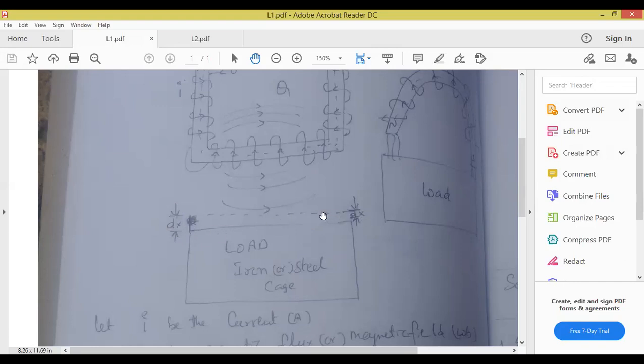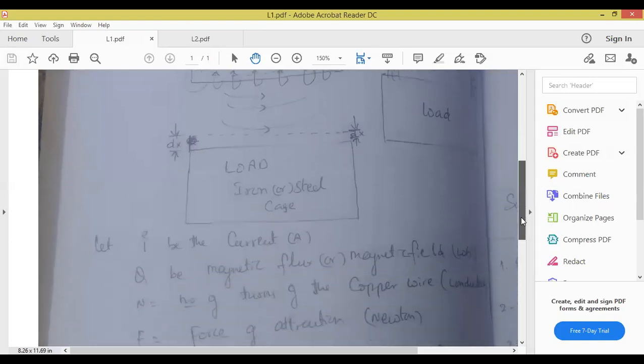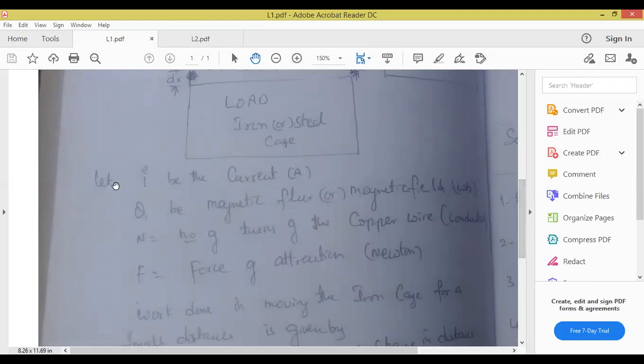This is one vertical line, these are dotted lines. Initially, where is the object present? This is the position of the object. After a certain period of time, the object has moved from this position to the new dotted lines. This is the new position of the object. So the change in position is given by dx. Now, how do we explain this in the examination? As it is, you have to write. What is I? We have to assume this. Why are we supposed to write this word? Let I be the current, which means this is our assumption. That's why we write, let I be the current. Anyone tell me what is Q or phi?